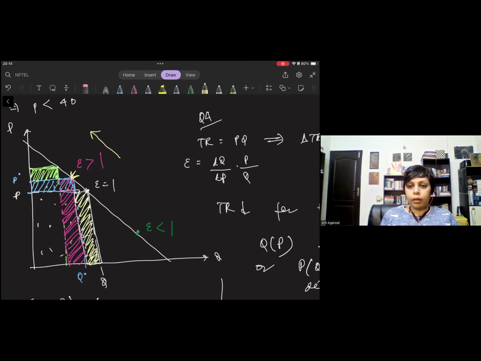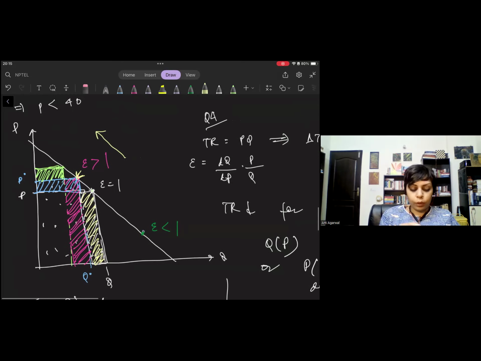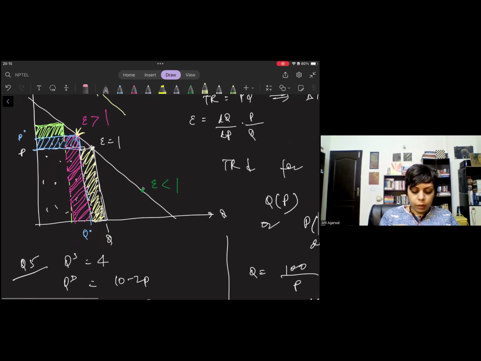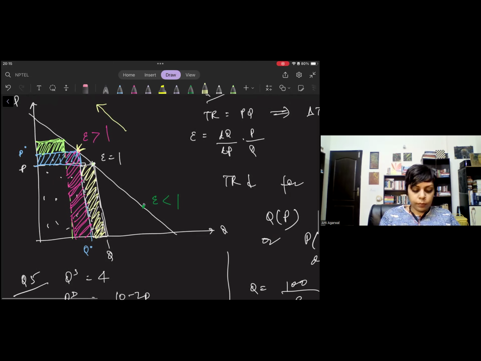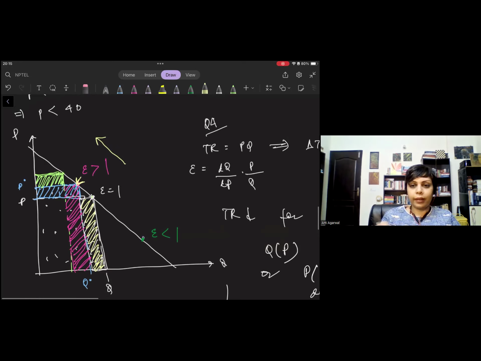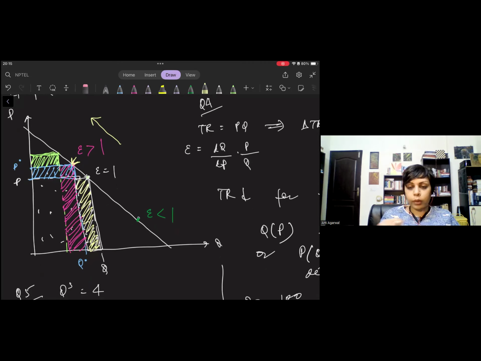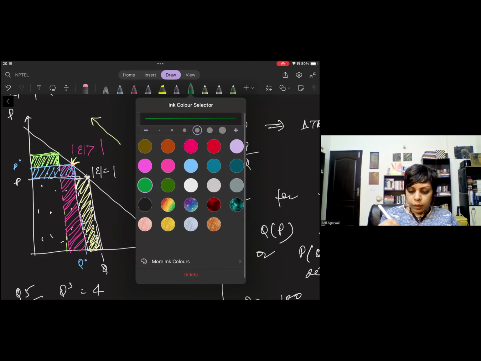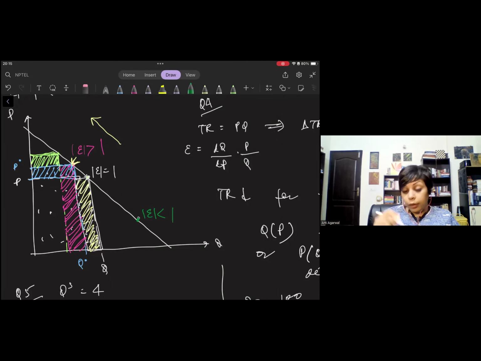So what do you think is happening? Revenue is decreasing, right? Here, at least in this particular case, we're talking about epsilon is numerically equal to 1 or greater than 1 or less than 1. Okay, right? I just wanted to keep it a bit clean. That's why I've not included the sign here, but when we're talking about 1 and less than 1 and greater than 1, we're talking about mod. So let's take this as mod here. This is just to explain it diagrammatically. If I put it in negative, then also people get confused.